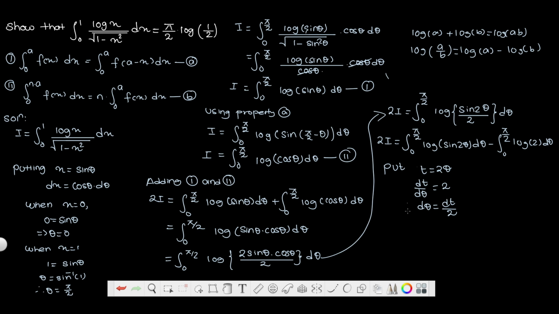So when theta equals 0, use this value in this equation. When theta equals 0, t is also 0. And when theta equals pi over 2, t equals 2 into pi over 2, which means just pi. So we have changed our limit. The next step we have